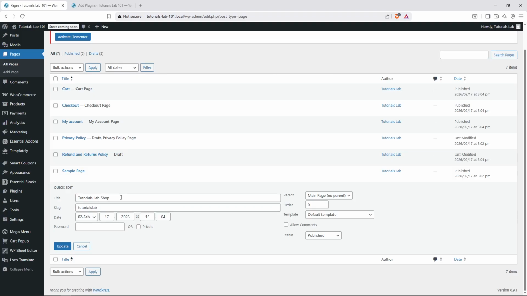Once you've entered your new title, look for the Update button on the right side of the Quick Edit panel and click it. WordPress will save your changes immediately, and your shop page title will now reflect the new name you've chosen. And that's it. You've successfully changed the shop page title of your WooCommerce store, giving your online shop a more personalized touch that aligns with your